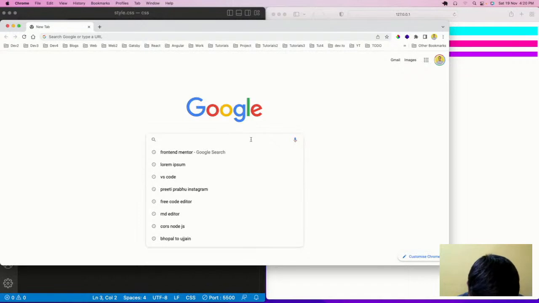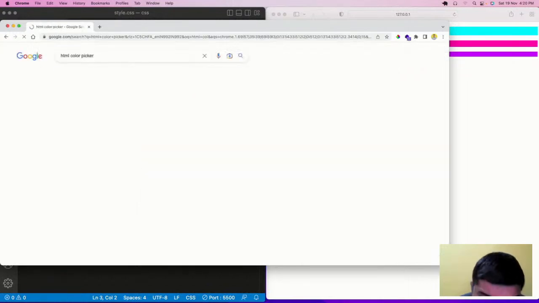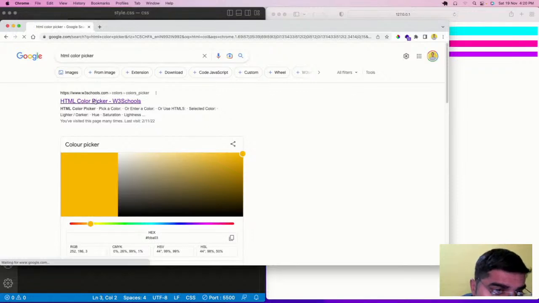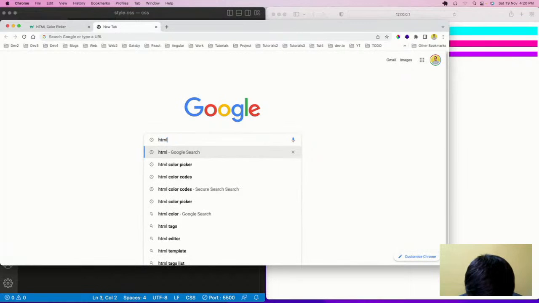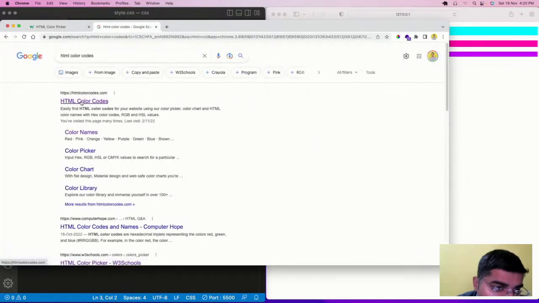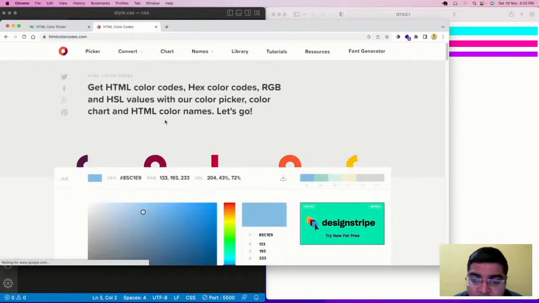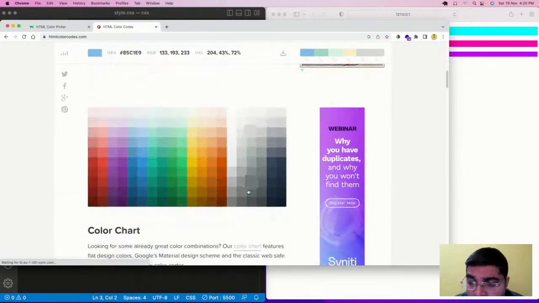So we have the HTML color picker and HTML color codes. These are the official websites. Here, if you see, these are the 140 color names which you can directly type out.